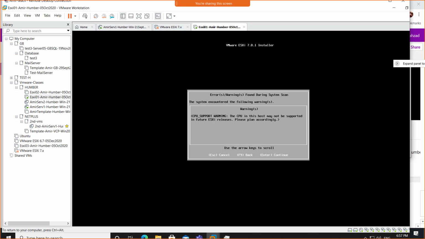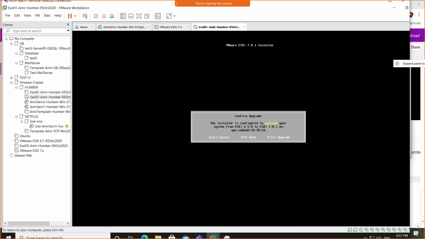And now it says that, hey, in future, this CPU that you're working on will not be supported. So in future, try to go for newer laptop or desktop CPUs. Ouch. Okay, so I'm just going to press enter. This is actually for the servers. Older servers, you know, the companies don't want to purchase a new server. Why should they spend $2,000, $3,000 there, right? I'm just going to press enter here. And the final is